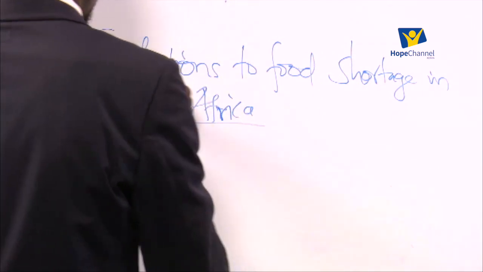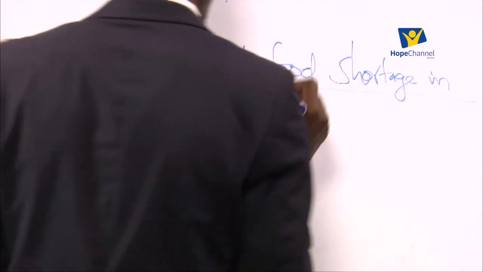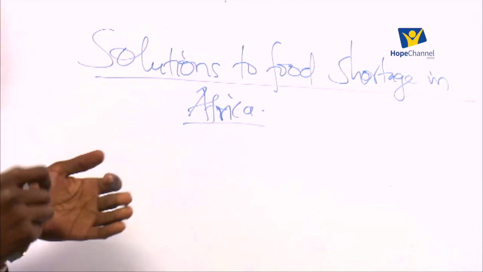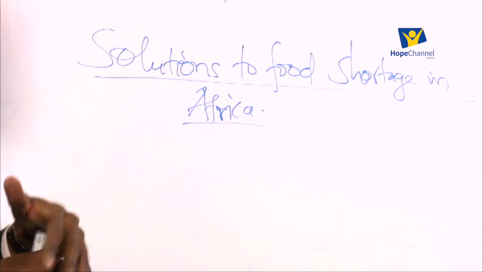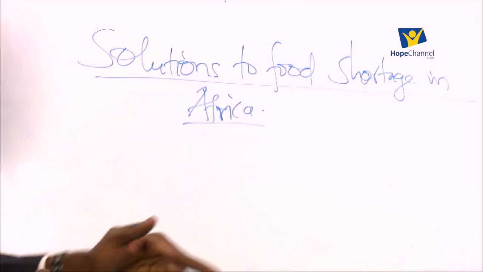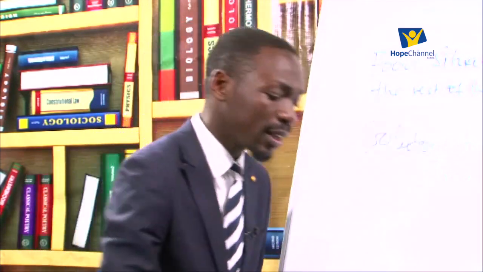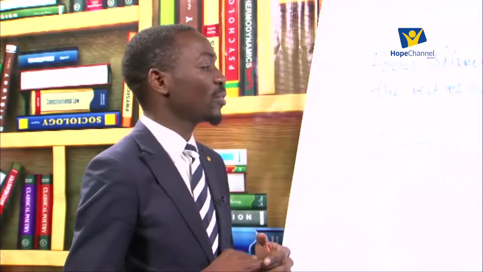These are some of the proposals, or some of the actions the government should put in place to ensure that we deal with the problem of food shortage in Africa. So in this session, we shall discuss in detail some of those solutions which the government and the people of Africa ought to put in place so as to solve the problem of food shortage. So the first